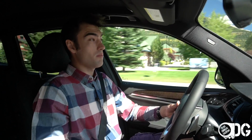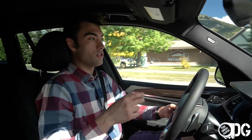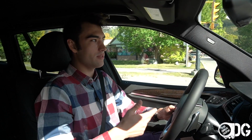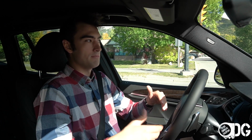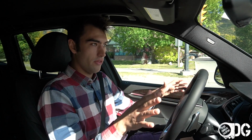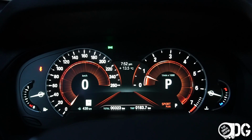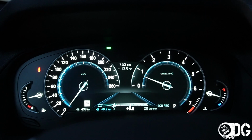So the different driving modes, I said Eco Pro, Comfort, and Sport. Eco Pro features the same coasting function that a few other BMW and Mini products are coming with these days, where the engine and the transmission will decouple if you're going down a hill, or you're getting off of the highway and you've just left off of the gas and the brake. And you can see that all in action within your digital screen, but that can only be accessed in Eco